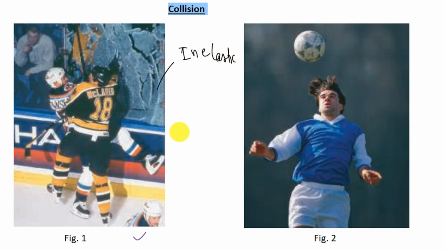And why is it inelastic? Because the maximum of the initial kinetic energy of the system, basically these two players, is being lost in repositioning their masses and in breaking of this glass. So the kinetic energy is lost here, this is not conserved. That is why